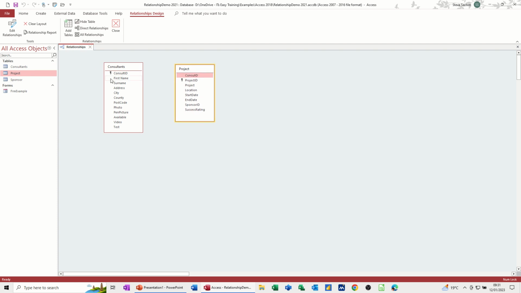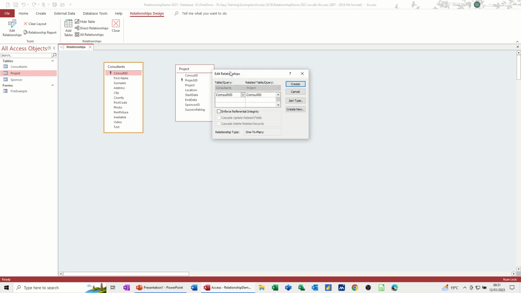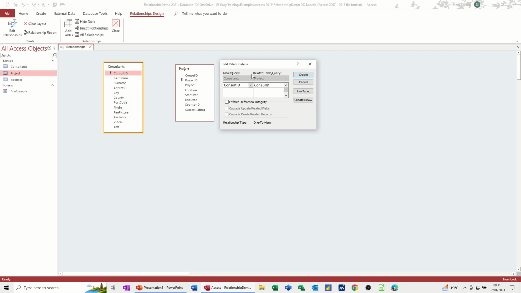To do a link, you can see I've got the primary key in this table, and I've got the same field in this table, but it's not a primary key. So what I'm going to do is just drag from consultant's ID to consultant's ID. When I let go, I get this box popping up, which is coming up with table query and related table query. So basically consultant ID,